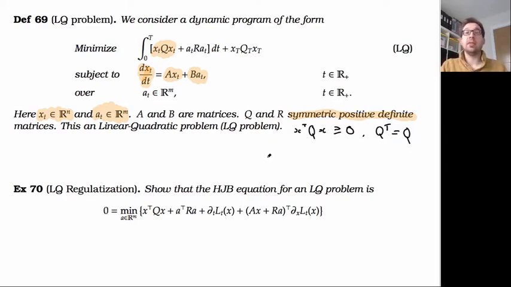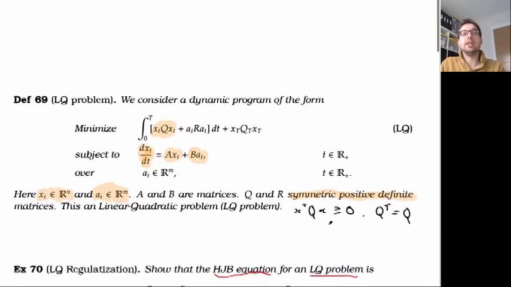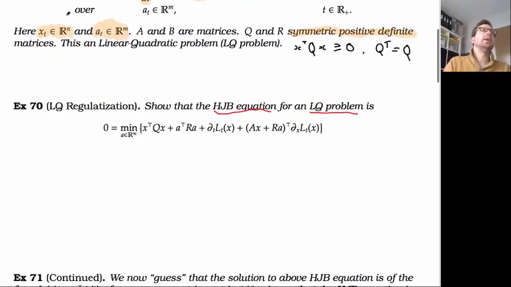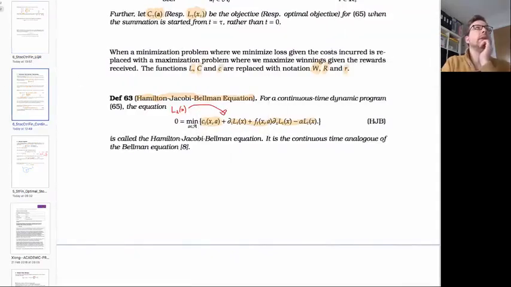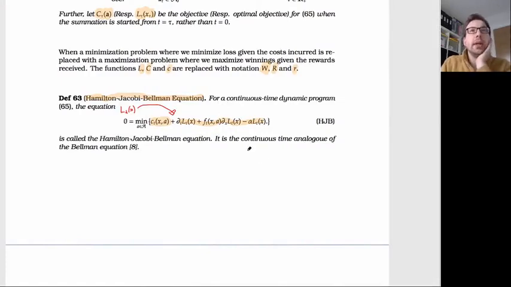So let's go about trying to solve this type of problem. The first exercise is essentially to show that the HJB equation for a linear quadratic problem is given by the following. If we just scroll up, we'll remember what our HJB equation is. Oh, can't scroll up. Let me get it here. Remember that our HJB equation here